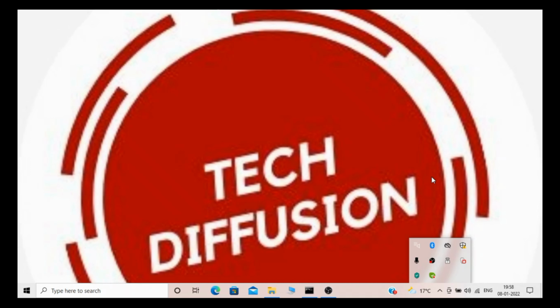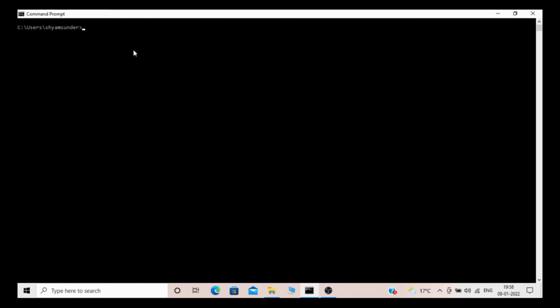First of all, open CMD as I already opened, and type the command that I'm telling: python -m pip install python-taint. Remember, this is the command from which we can install Python Taint.